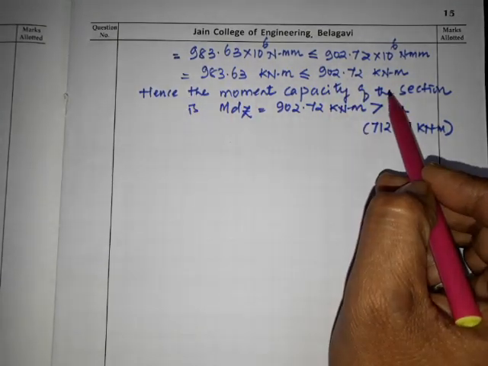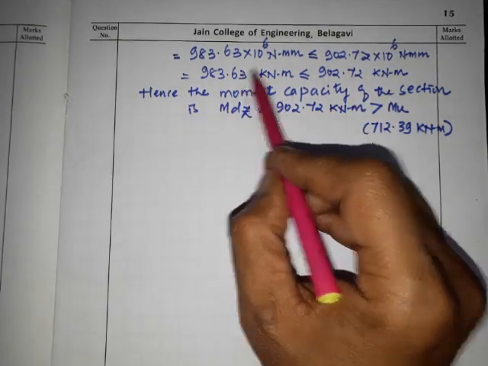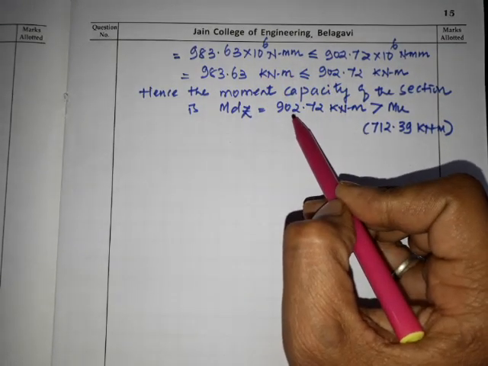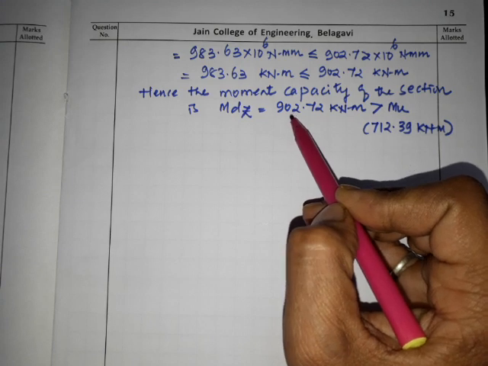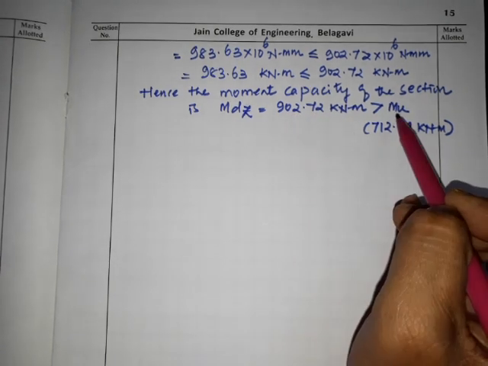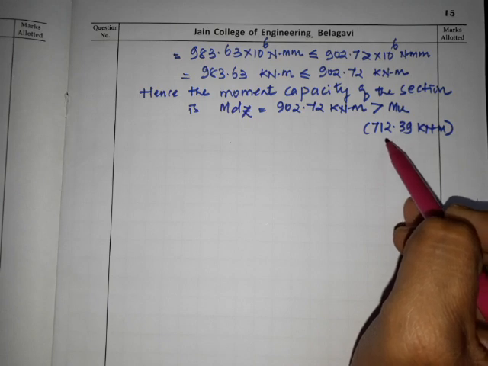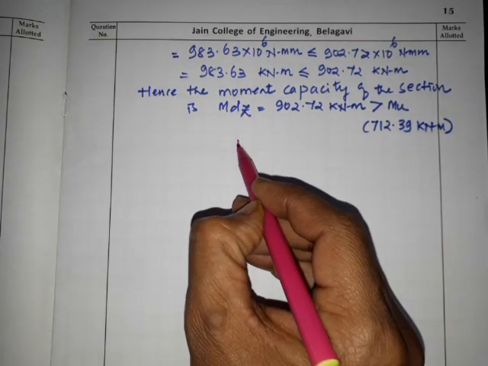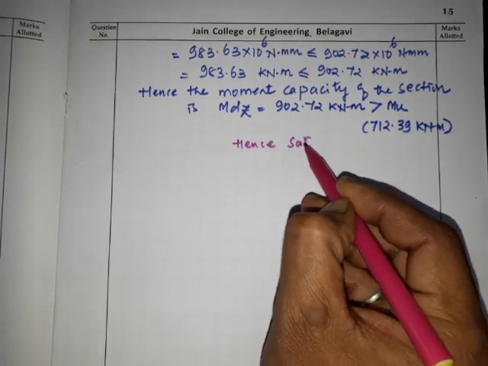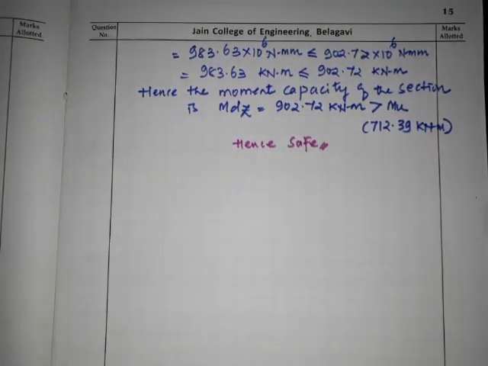Therefore the moment capacity should be the least of these two, whichever is the least of these two. So we got it is 902.72, that is nothing but this much moment can be offered by the section, and that is more than the actual moment acting on the section. So hence safe in moment carrying capacity. Okay,